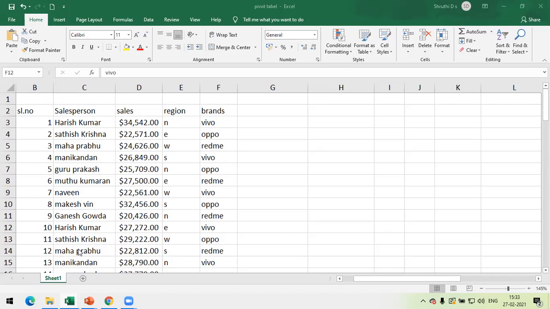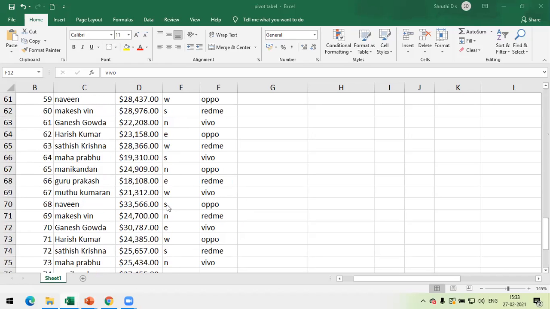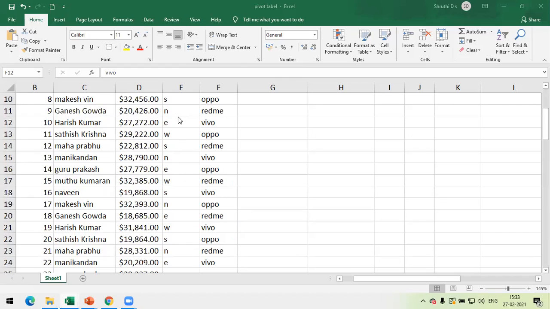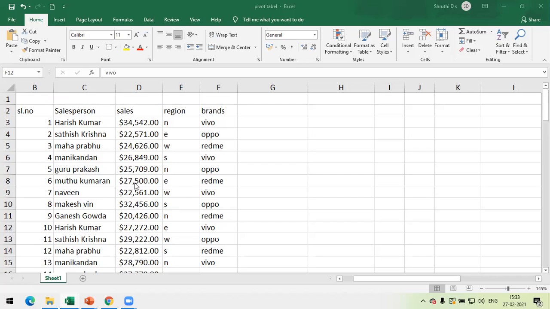Here I have listed different salespersons, their names and how much sales they have made, the amount, the region in which they made the sale, and which brands they have sold. Like this, we have collected different data in a table. For this, I'm going to put a pivot table. We are going to see how exactly it works with the help of those pivot tables. So how do we apply that?